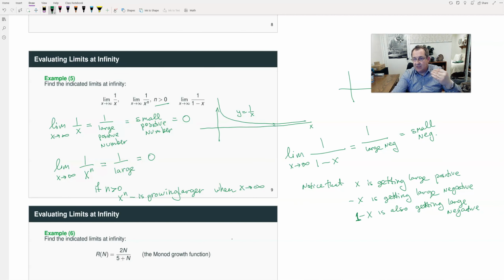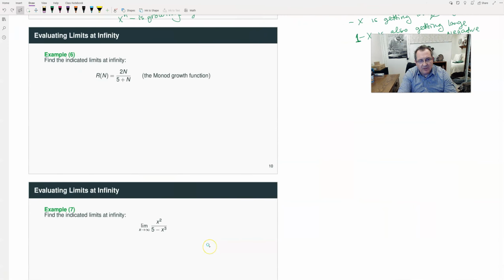Nevertheless, as we send that process into the limit, that number will be very, very small, and it will approach 0. It will be negative, but it will be approaching 0. Since the value of the function can be made as close to 0 as possible, we conclude that the limit is 0. Our next example is to look at the limit as n approaches infinity of the function